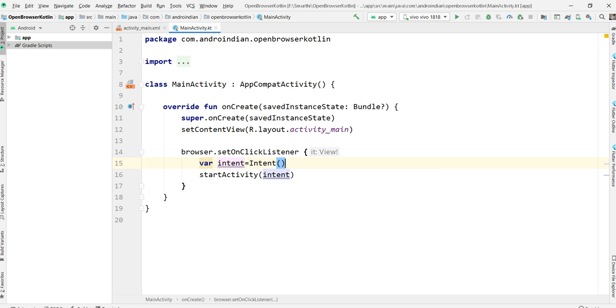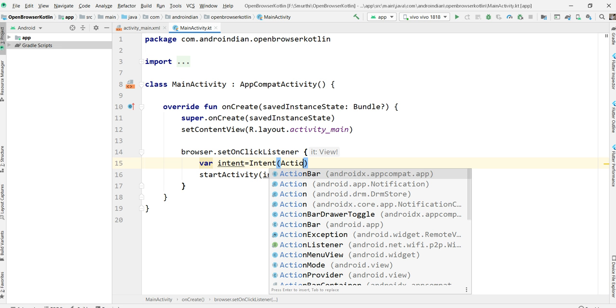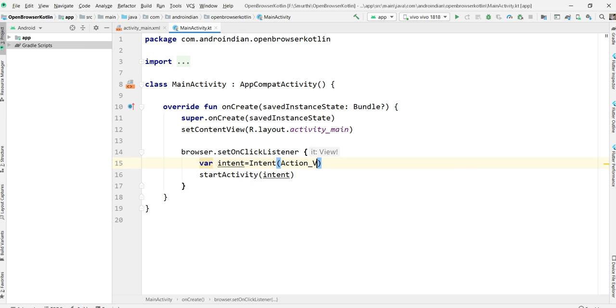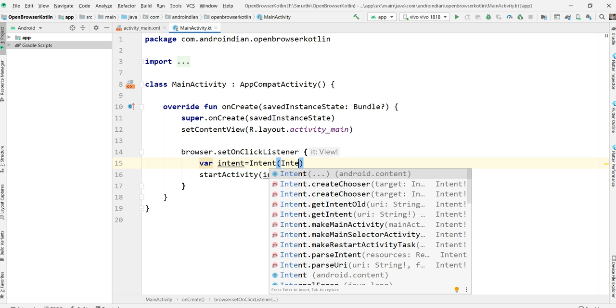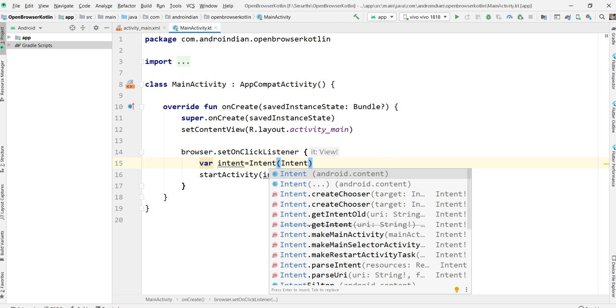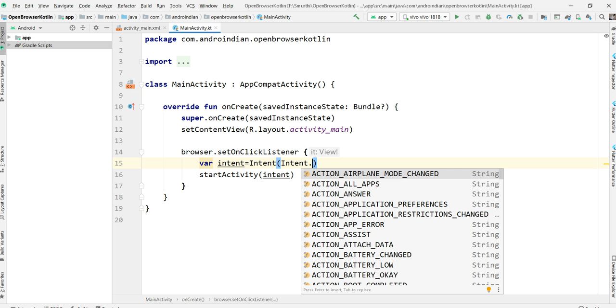Within this I want to write the following. The first one is Intent dot action view. We want to see the action view. What is the action here? That is Intent dot ACTION.